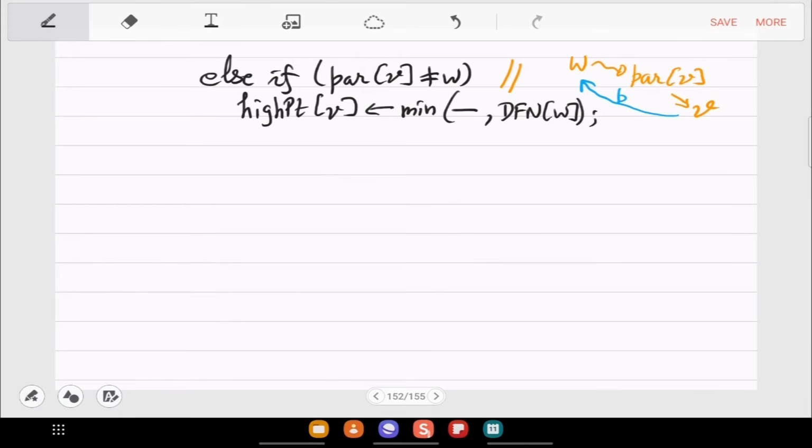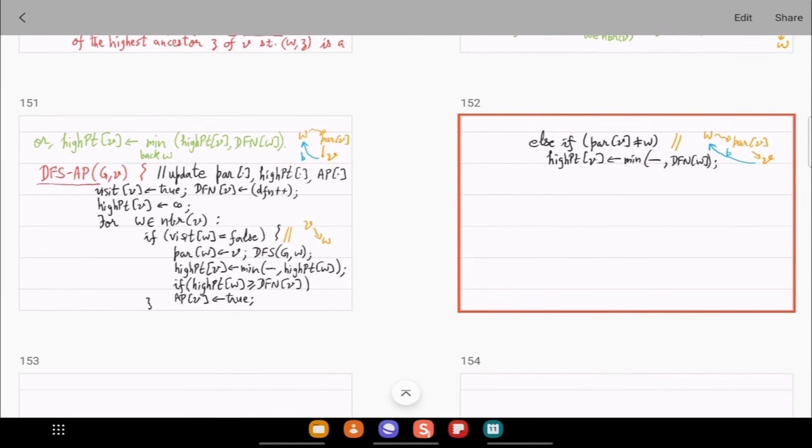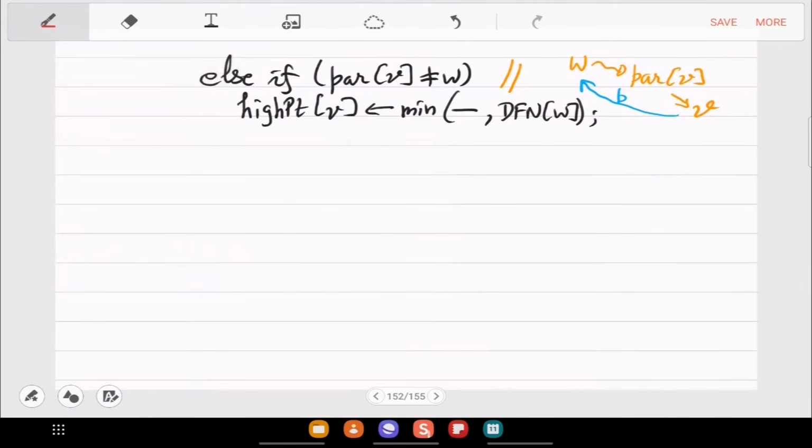Okay, and this I guess completes it. So you have DFS AP now over. And so you can now do DFS AP traverse.